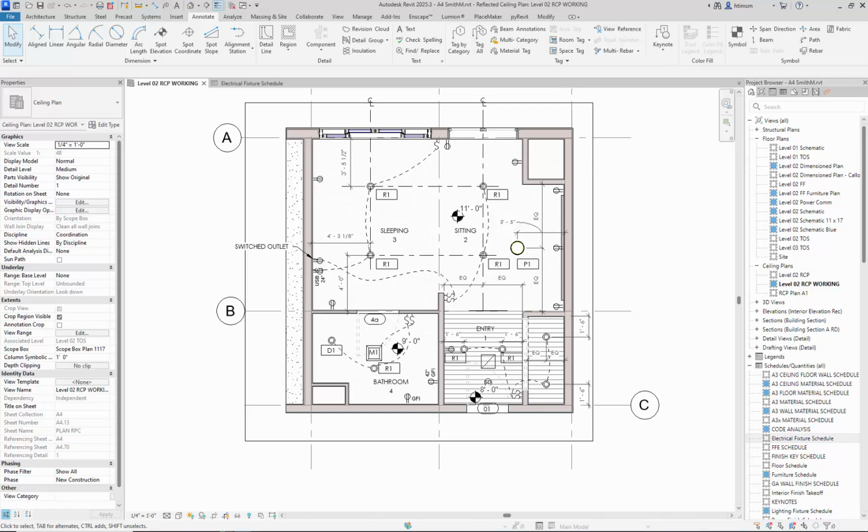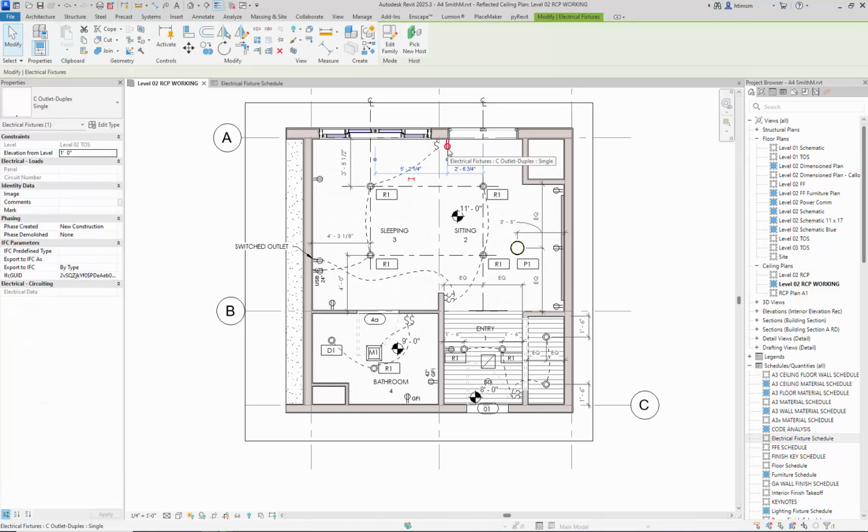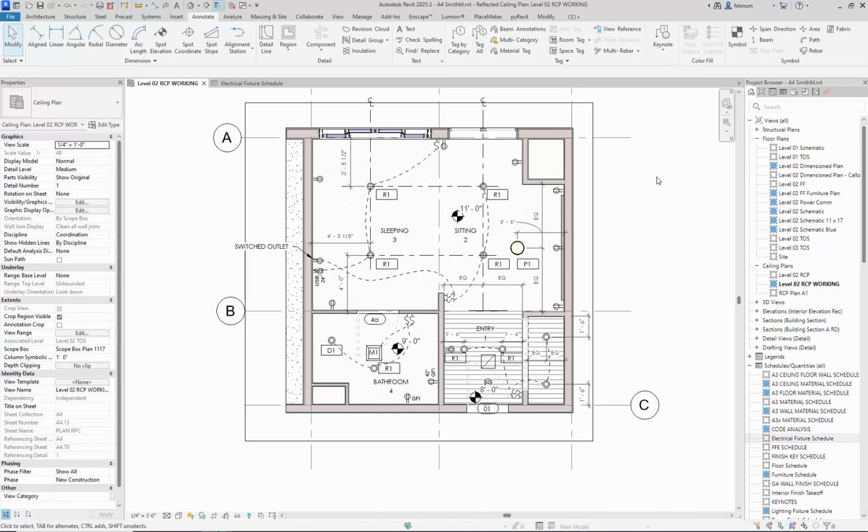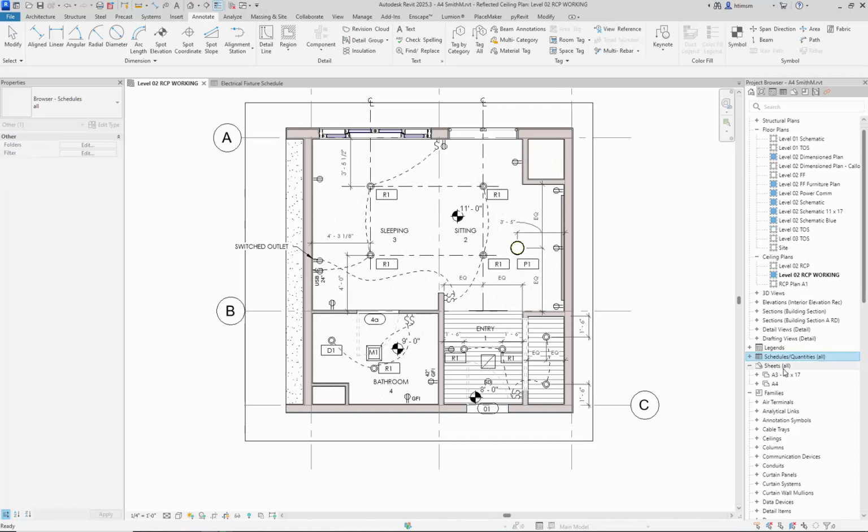All right, so now we're going to do the power and communication. So let's take a look at that. So what you're going to do is the outlets. Oh, let's see, this outlet can kind of move over. Sometimes you'll see it combined with the RCP like I have here, and if you can do that, that's great. But we made a separate power plan, so go ahead and